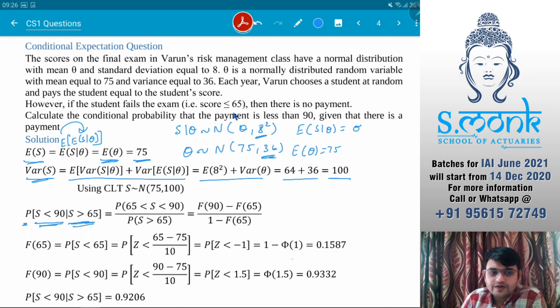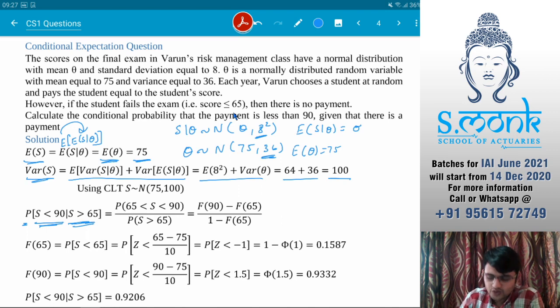Now if you want to find probability, you will have to treat it as a distribution. We just have expected value and variances, and whenever we have just those, CLT says we can convert it into normal distribution. Just CLT or normal approximation or whatever. Anyways, any combination of normal distributions usually gives us another normal distribution. So we have a combination of two normal distributions, which also gives us a normal distribution here.